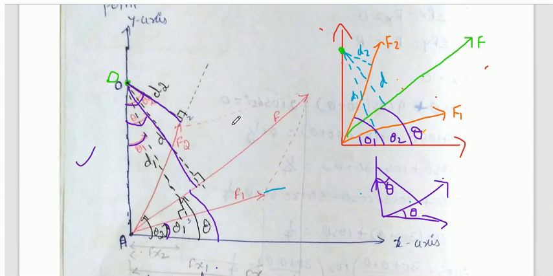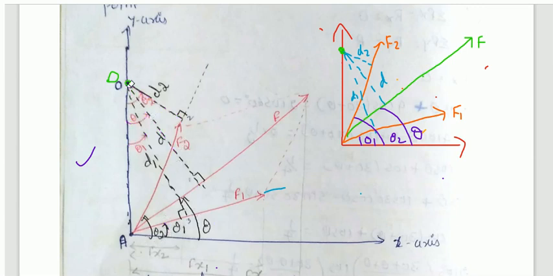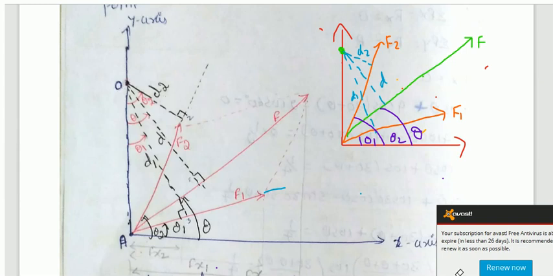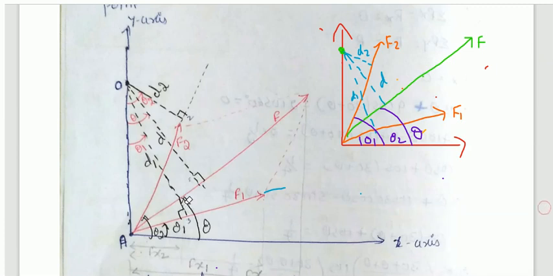Based on the principle, if any force makes an angle theta with respect to the x-axis, then the perpendicular drawn to that force makes the same angle theta with respect to the y-axis. Yes, is it clear with this? Why those angles are theta 1, theta 2, sorry, theta? Is it clear to all of you? Yes, ma'am. Okay, so based on that we have considered the schematic representation here.